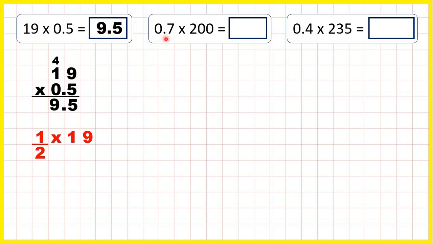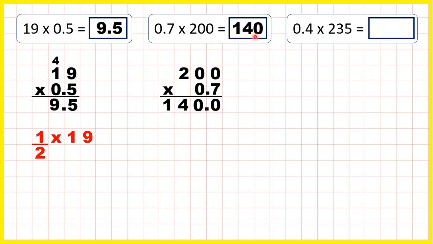Now we have 0.7 times 200, so we can write this out as a column multiplication, writing the 200 on top and the 0.7 below. Now we copy down the decimal point. 0 times 7 is 0, 0 times 7 is 0, and 2 times 7 is 14. Again, we don't need a second answer line because we have a 0, and anything multiplied by 0 is just 0. So our answer is 140.0, which we can just write as 140, because if we have a 0 on the end, we have a